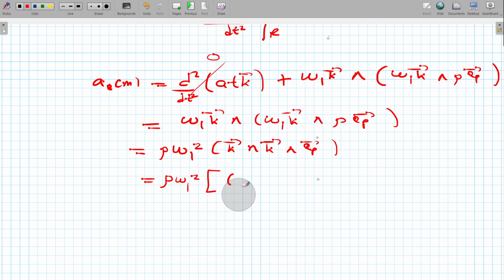So that is the double produit vectoriel. If you apply the expression, you have k, and then k dot e rho, like so, and then minus